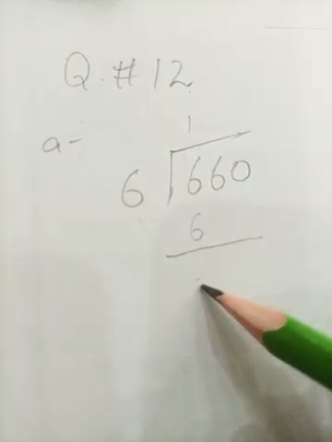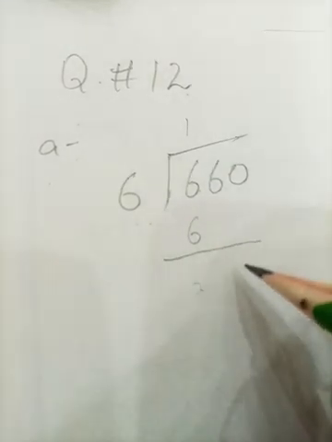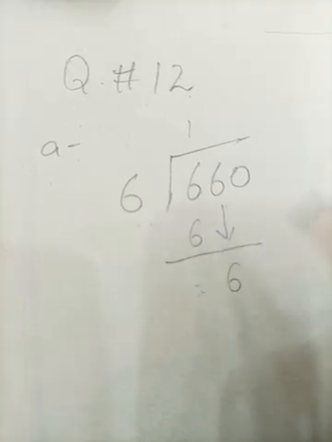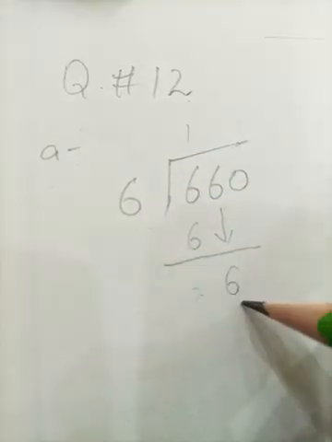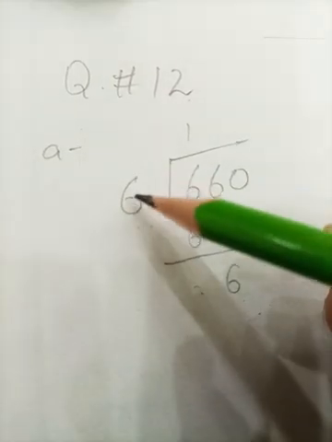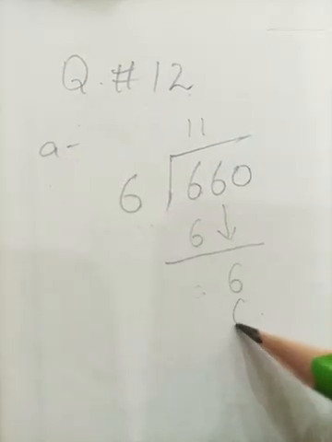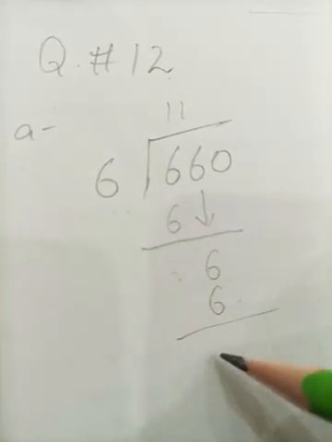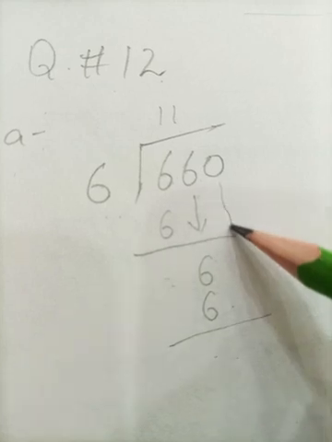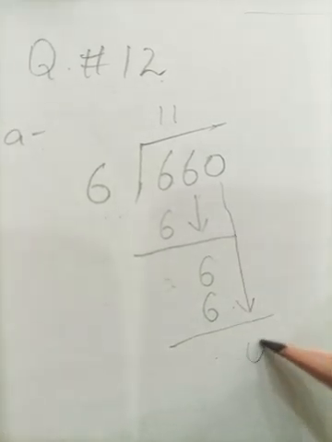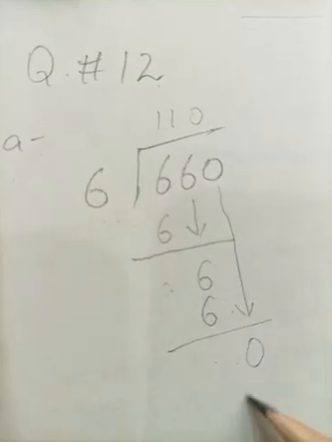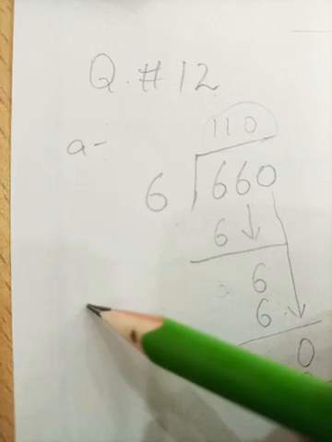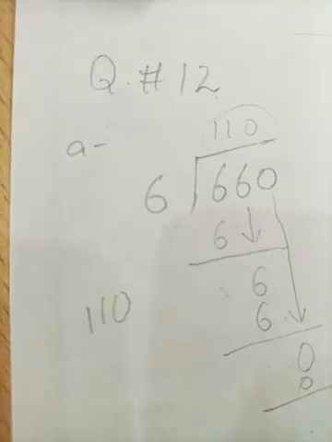I can't write the 0 here, so I will take the second number down here, that is the 6. So I am taking the 6 here. Now students, what is the next procedure? Yes, I am going to write 6 ones are 6. Now students, 6 minus 6 is 0 again, so I don't need to write the 0 here. Next step, I am taking the 0 down here. 6 zeros are 0. So students, the remainder is 0. So our answer, or our quotient, is 110.